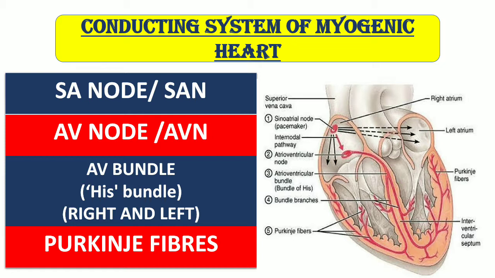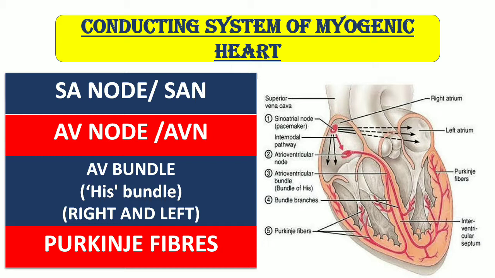It has the potential to generate action potential, and the pathway will be: the SA node will transfer the action potential to the AV node, the AV node will transfer the action potential to the AV bundle, which is the His bundle here, and this His bundle will transfer the action potential to the Purkinje fibers. The AV bundle, the His bundle, goes to the left hand side of the ventricles, and these branches are the Purkinje fibers, and these fibers reach the whole ventricular chamber.